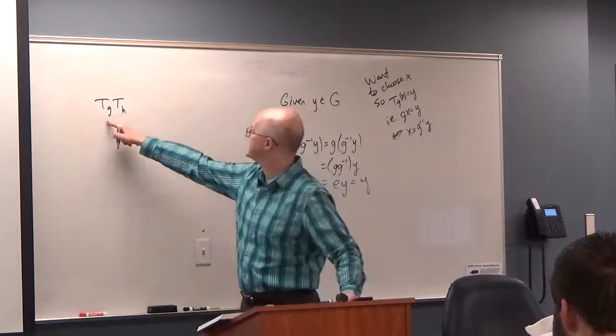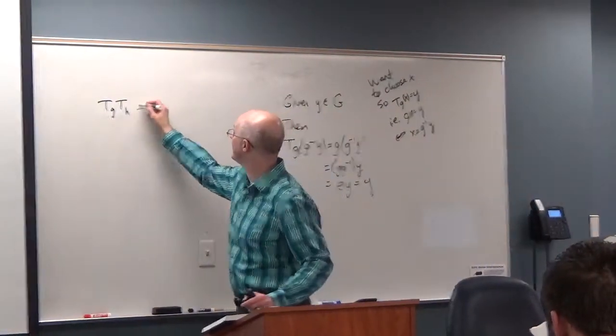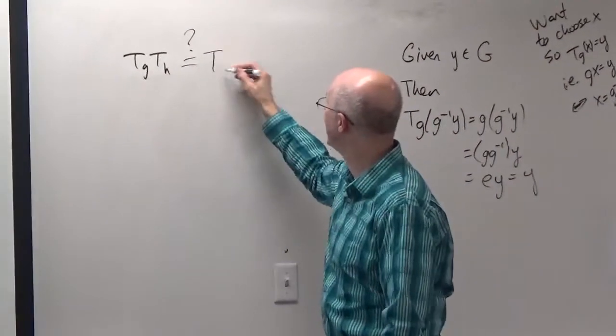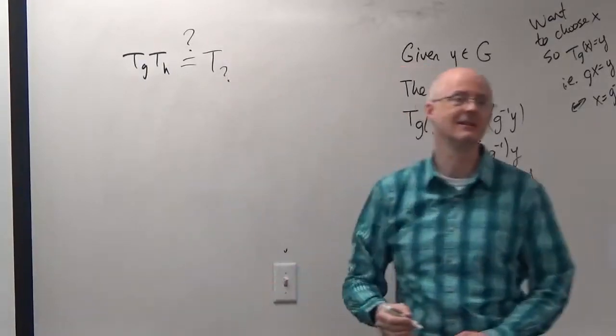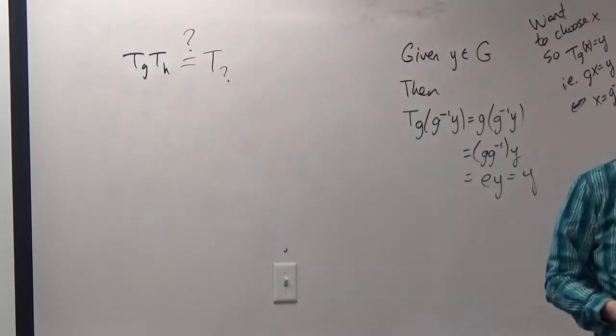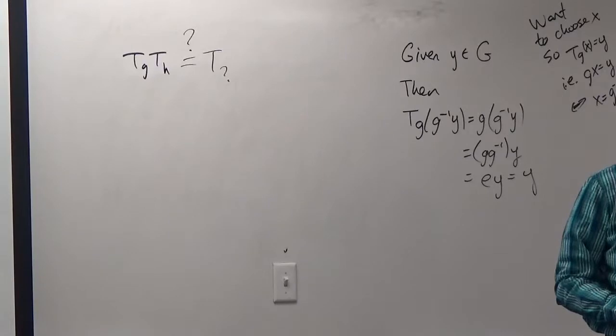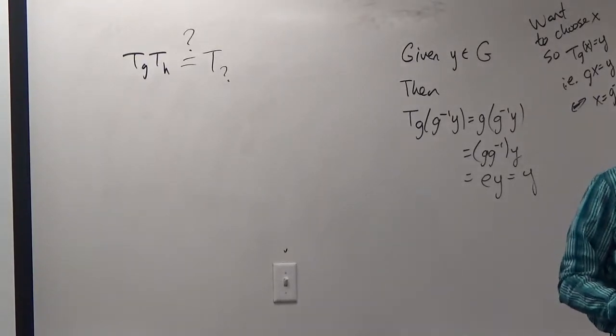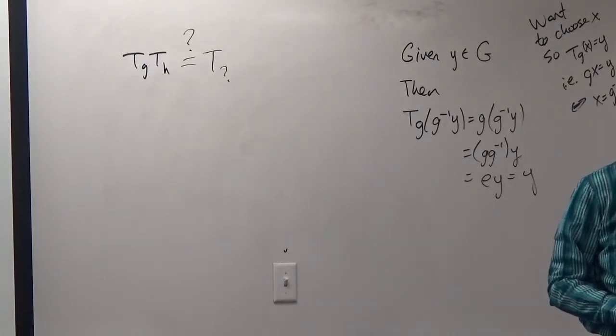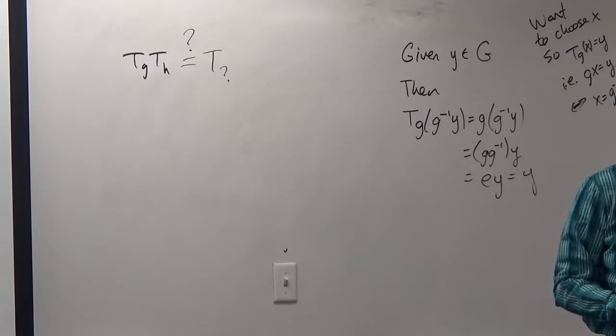Is the composition of these two t's equal, I'll put a question mark here, to some t sub question mark? You can certainly compose them, but do you get another element of the same form? So it's really in the same collection. Closure does need to be verified